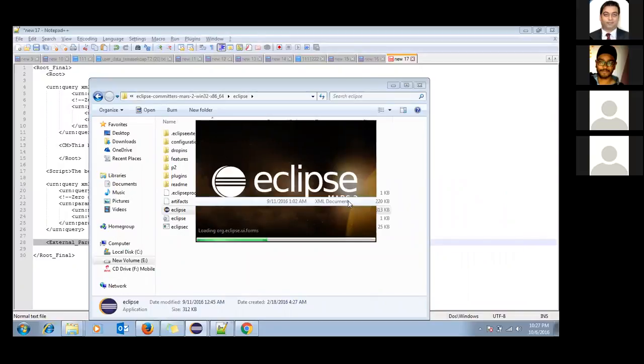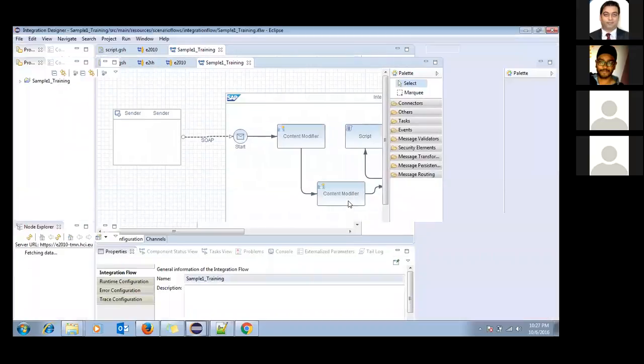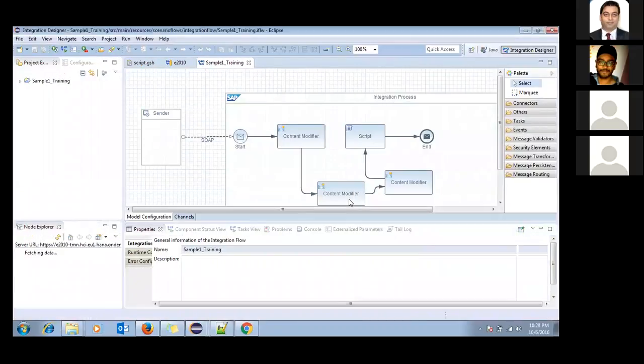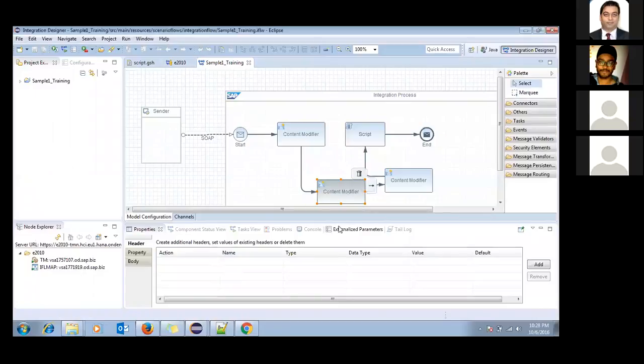When you click on save, it automatically tries to run a checks job at the bottom, which checks all the shapes. So it touches basically all the shapes. And in the meantime, if you try to make any changes to one of the content modifiers, somehow it corrupts all the content modifiers at the same time